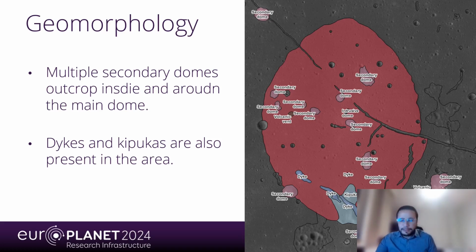So to start, these features are all really round. They have circular shapes. They are also related to secondary features like structural patterns that cross the main dome. You can see this large fault that is crossing northwest. And they also have a higher albedo than the mare around them. So all of these things